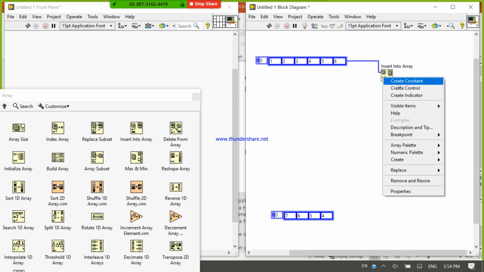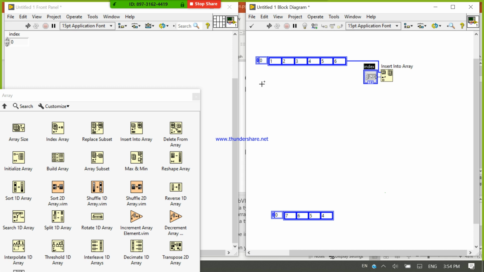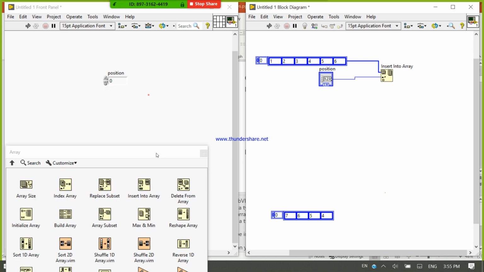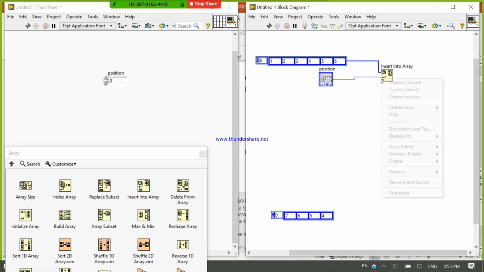In this data set, this is my index, meaning position. Now this is my new array. So right click, create constant. Here my new value is 89. Now my position is by default 0.